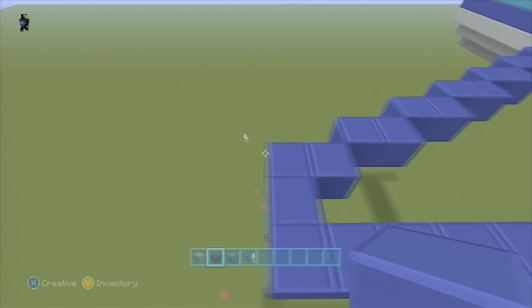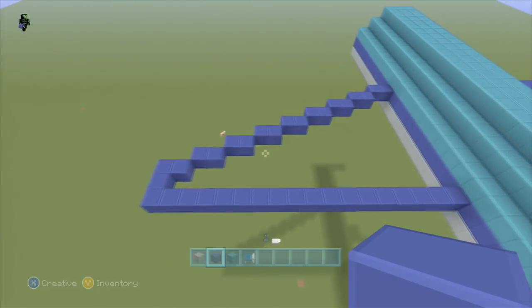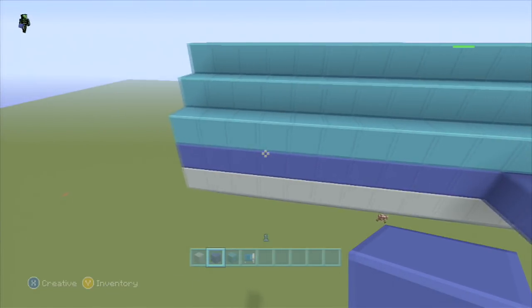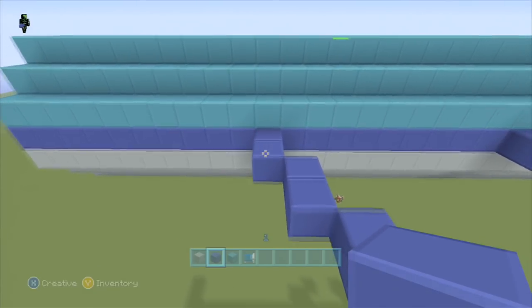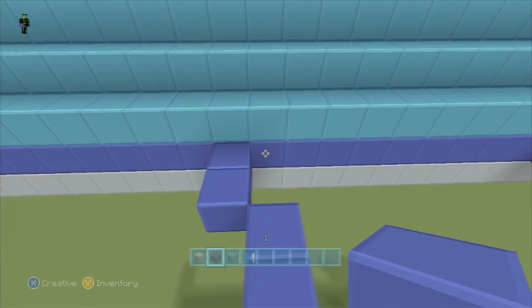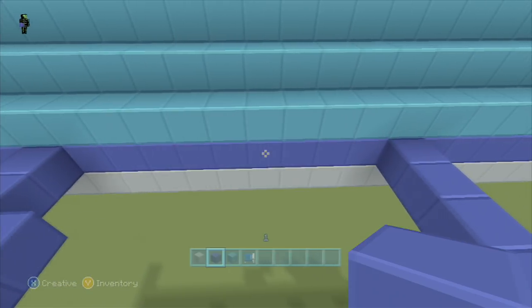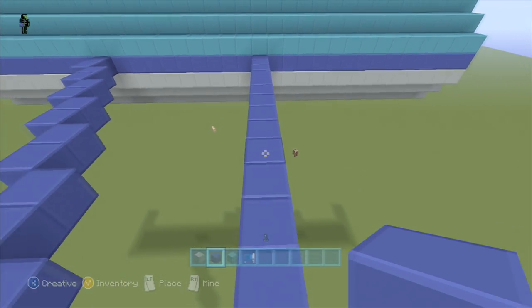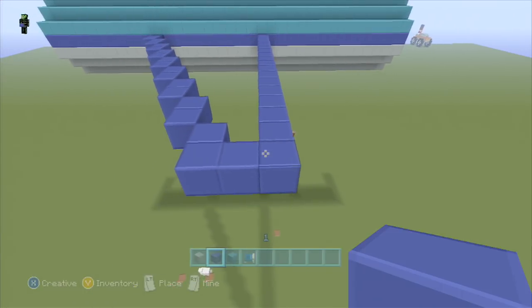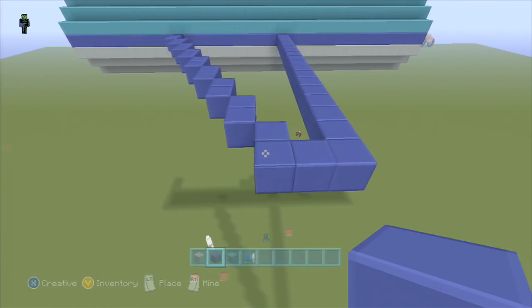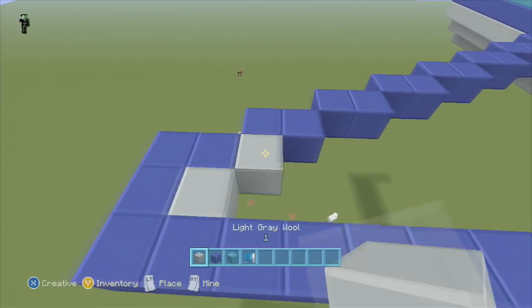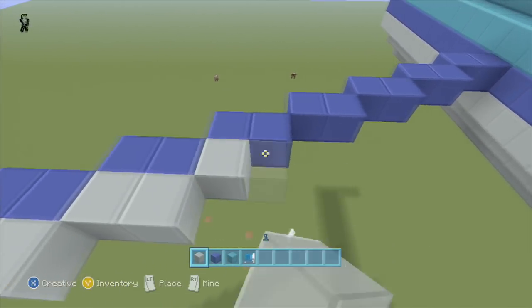Alright, and that's what you should have right here. And to recap, 10 blocks here in a row, 11th block start the wing, and you want a 9 gap in between. Boom, start the wing, the blue of the wing, you go back 18. Boom, so it should be 3 down here. It's pretty easy to get that part of it. And then you want to fill in the interior of the wing with light gray wool.